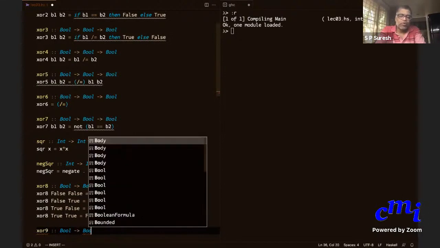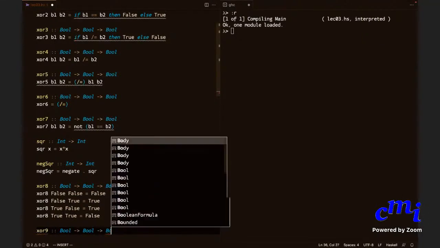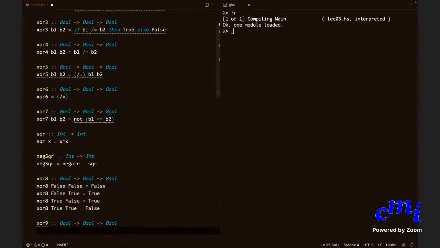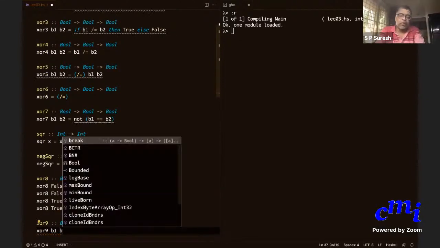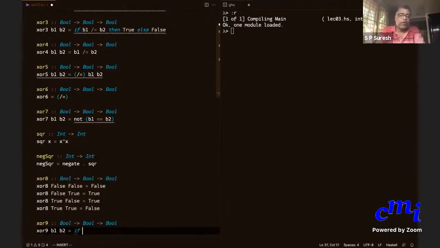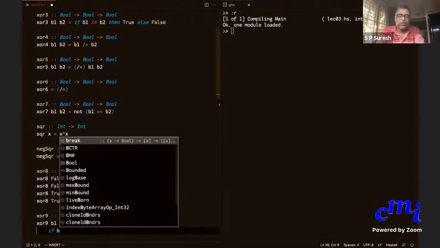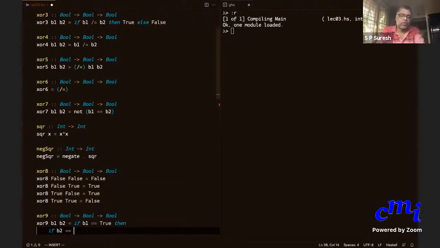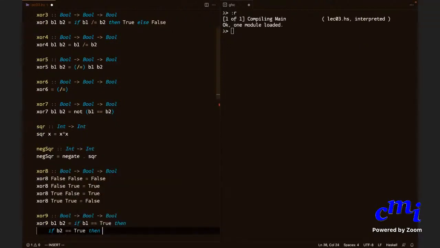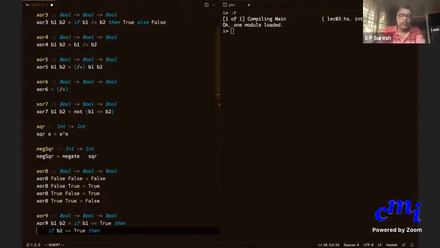What is it that you want to do? Sir, like in general, if we're trying to define a function. So you are asking B1, B2. You are saying if B1 equals true, then if B1 equals false, B2 equals true, then false, else true.